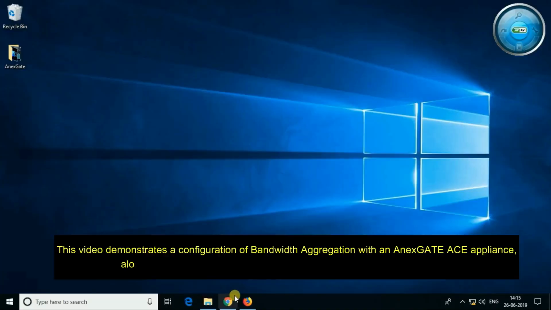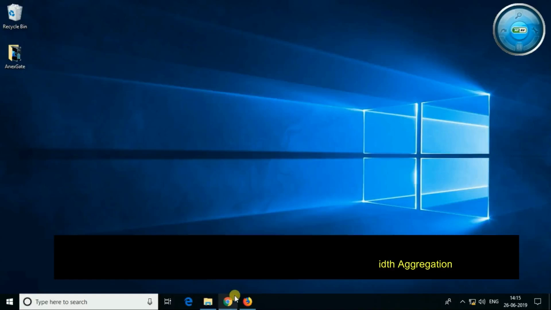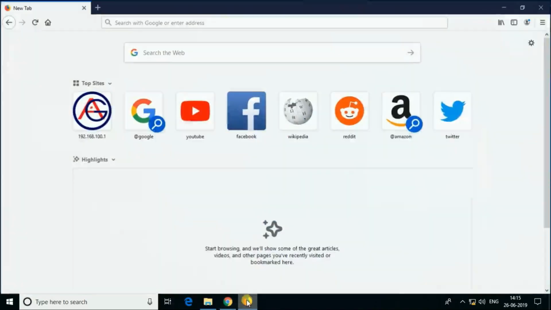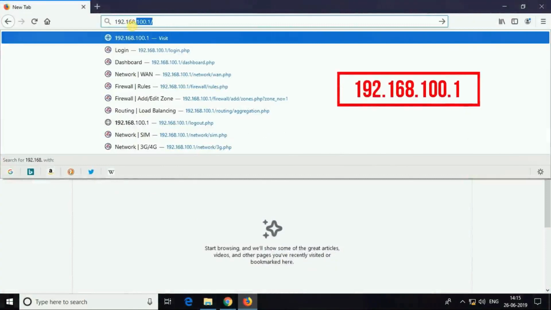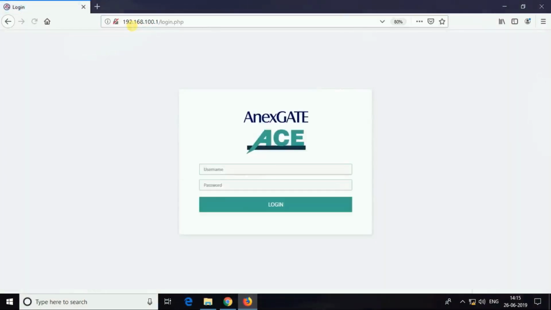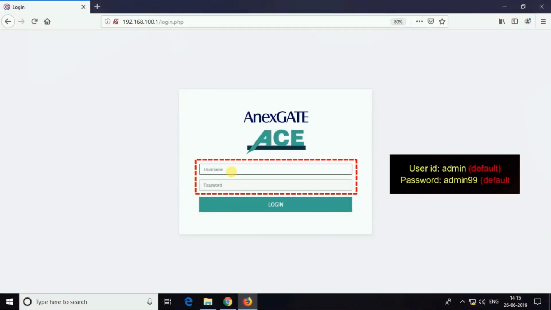This video demonstrates a configuration of bandwidth aggregation with an AnexGATE ACE appliance, along with a speed test to determine the results of bandwidth aggregation. Open your browser and go to the URL. Log in to the admin dashboard by using the credentials given. The default credentials for user ID and password